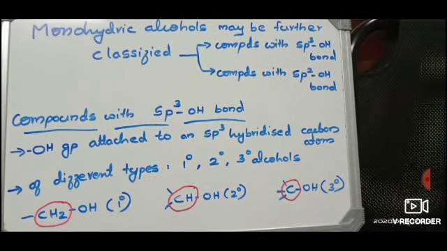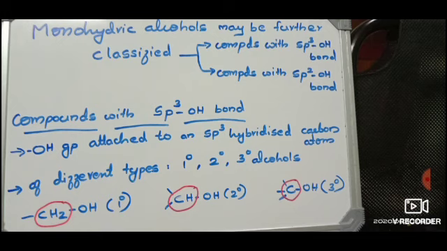Now, monohydric alcohol may be further classified based upon to which type of carbon atom the OH group is attached. In some cases, OH group is attached to sp3 hybridized carbon atom. In some cases, OH group is attached to sp2 hybridized carbon atom. First of all, we can see compounds with sp3 hybridized carbon and OH bond. In this case, OH group is attached to an sp3 hybridized carbon atom and it is of different type, maybe